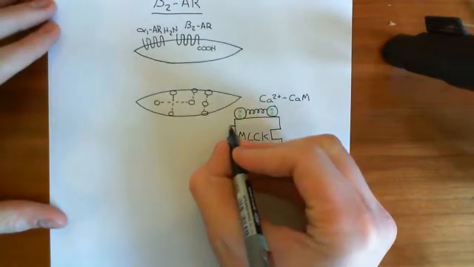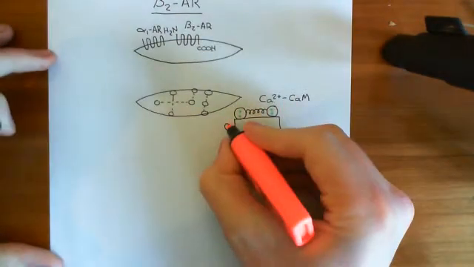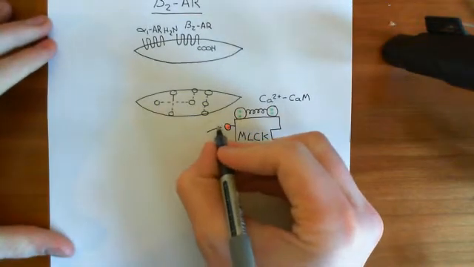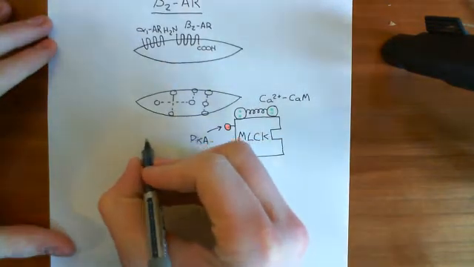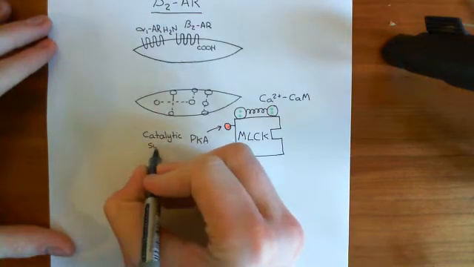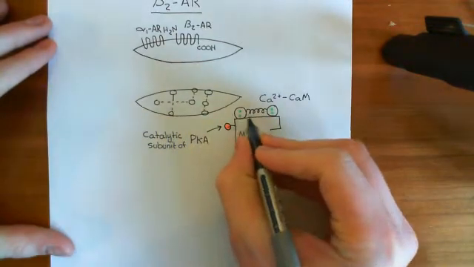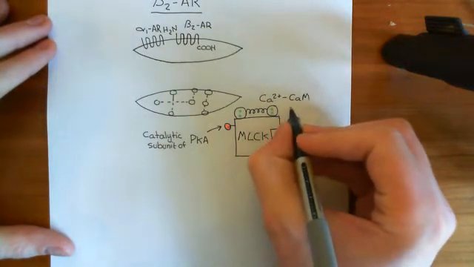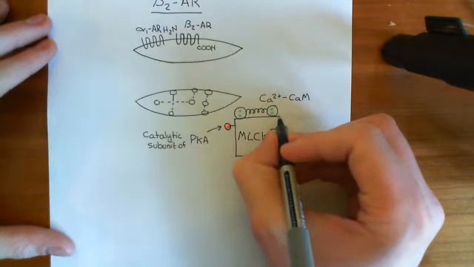Basically, protein kinase A catalytic subunits can phosphorylate myosin light chain kinase. Okay, and basically when you phosphorylate myosin light chain kinase by protein kinase A, so it's protein kinase A that does this, okay, specifically the catalytic subunit of protein kinase A, I should probably put that, catalytic subunit of protein kinase A. Basically, myosin light chain kinase now becomes insensitive to the calcium calmodulin complex, so even though the calcium calmodulin complexes come and bind to the myosin light chain kinase, it doesn't become activated by the calcium calmodulin complex,